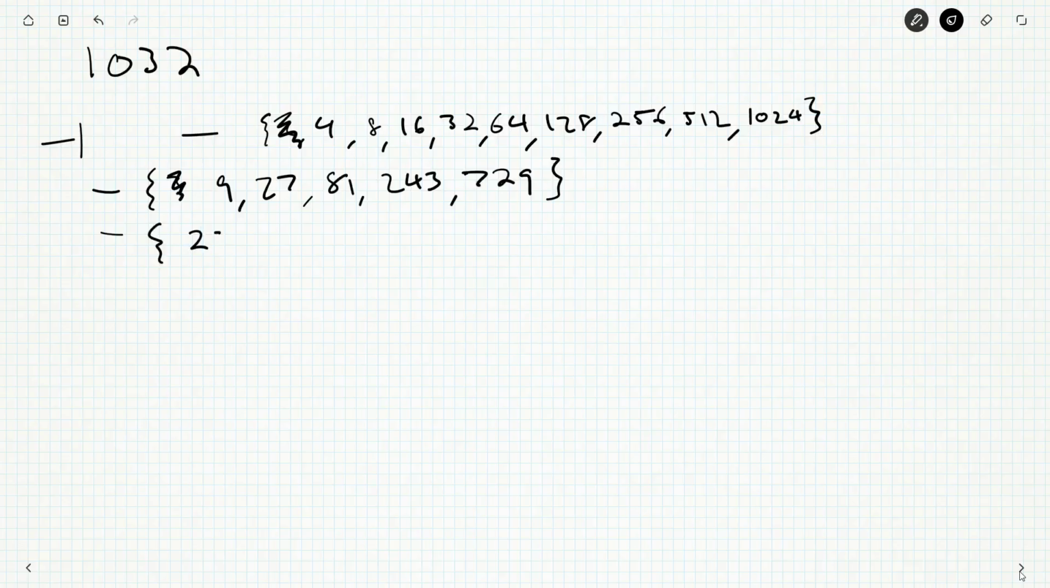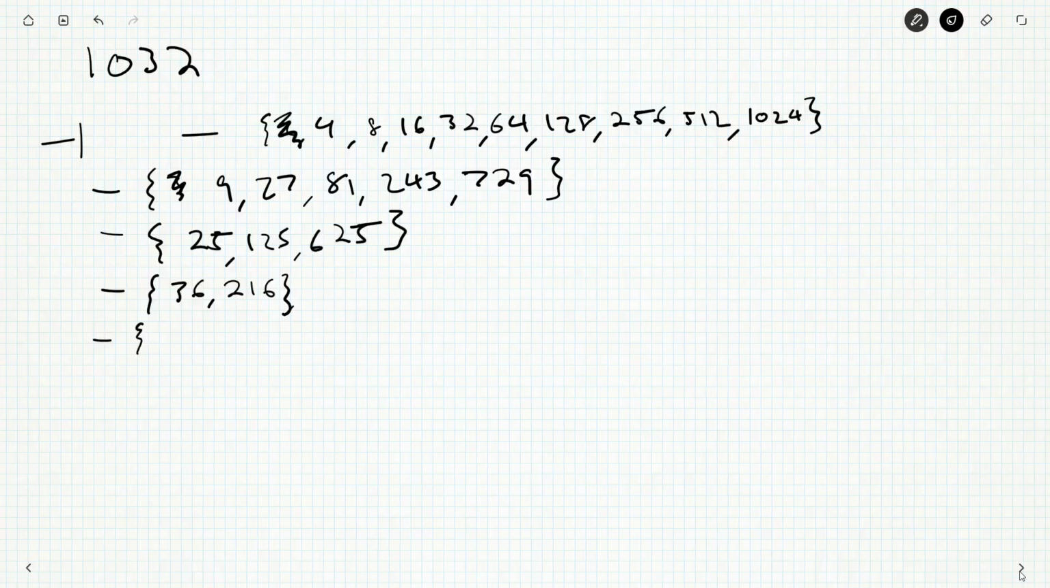So powers of 5: 25, 125, 625. The next one would be about 3000-something. Powers of 6: 36, 216, and the next would be 1200-something. Powers of 7: 49, 343, and then 7 to the 4, which is 2401, so that's out. Powers of 8 and 9 are already included, so we don't need them. Powers of 10 would get 100, 1000, and once again, powers of 11, it's just going to be 11 squared,